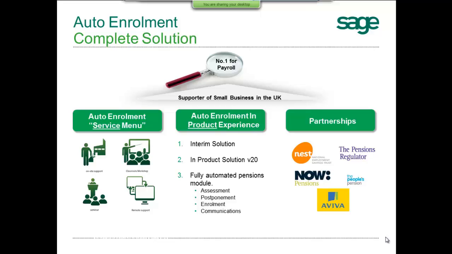With regard to the product, we've got a set of reports which we've recently released last week and the week before, which gives users the ability to assess and categorize their workforce. We will also be doing an update to the product in July, which will bring in elements such as qualifying earnings. Once that update's done, that will give all Sage 50 users the ability to comply and process their responsibilities under auto enrolment. We will be providing further product enhancements in the next feature release in November, and we also plan to release a